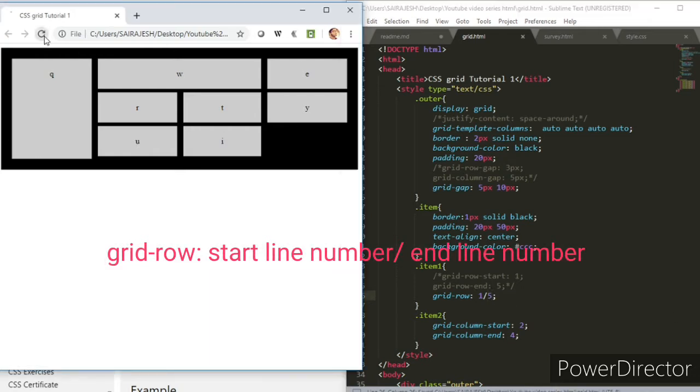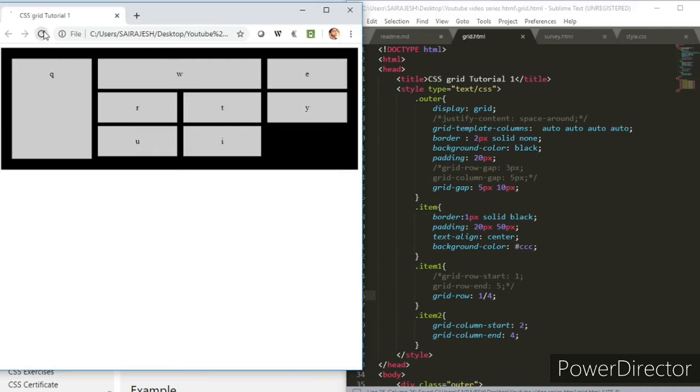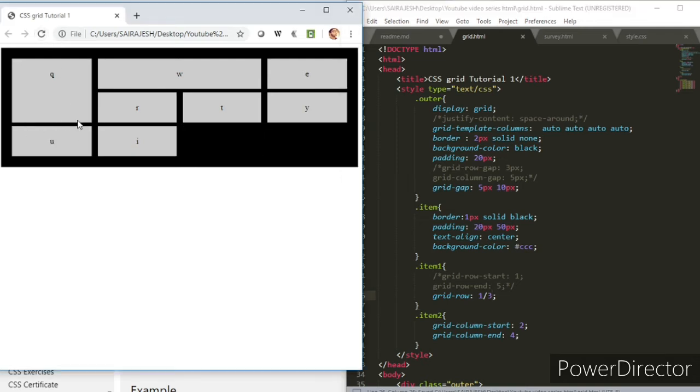I'll just refresh it. It should remain the same. So I'll make it 4 so that you can see that it works. Saved it. Yeah, perfect. Let me do that again, make it maybe 3. Yeah, so you can see that it went from 1 to 3. All right, that kind of looks nice.